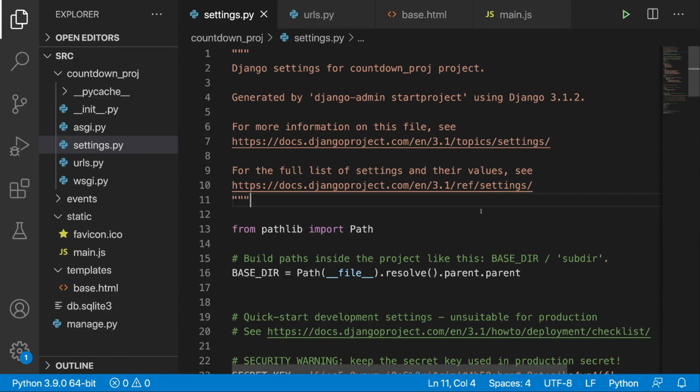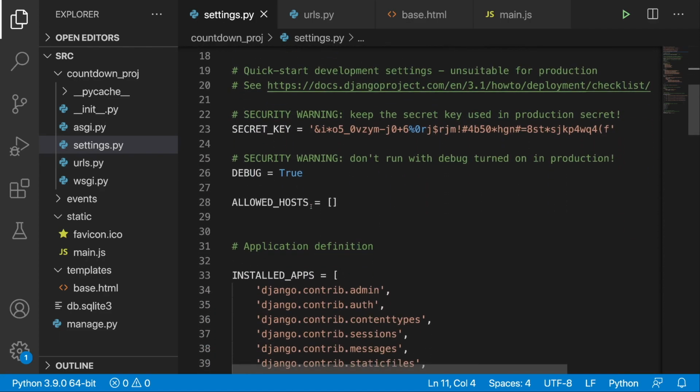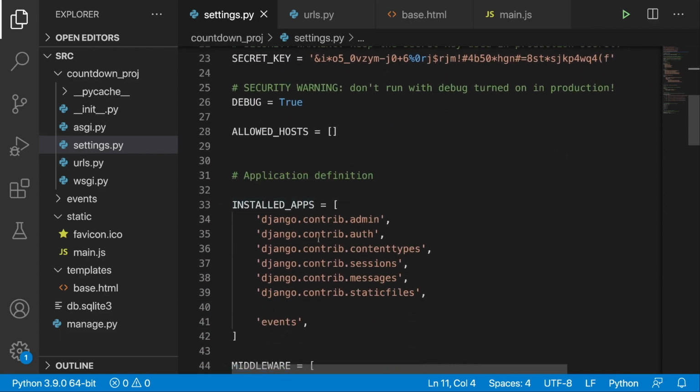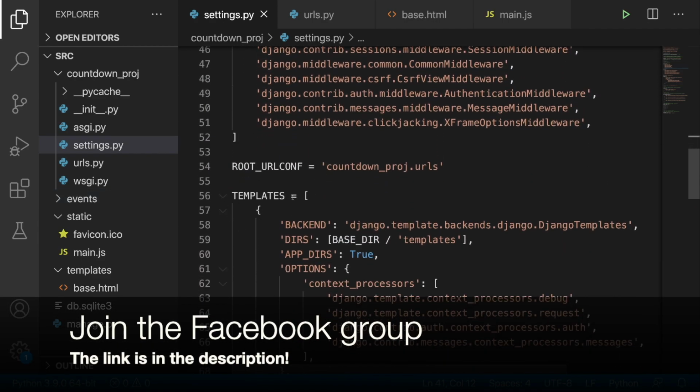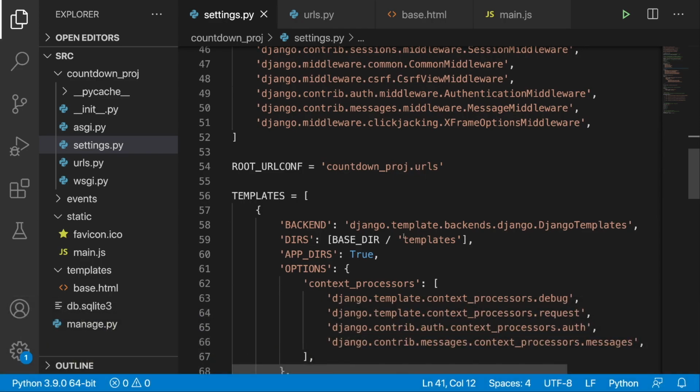Alright guys, so before we begin, let's take a look at what I have done so far. So I started a brand new project called Countdown Proj, and currently I'm in the settings.py file of this directory. So if we scroll just a little bit down to the installed apps list, we will notice that this list has been extended by events. And events is an application that I created for this project purposes, and we will be doing some coding over there very soon. If we scroll down again to the templates, in the DIRs we have a setting where we